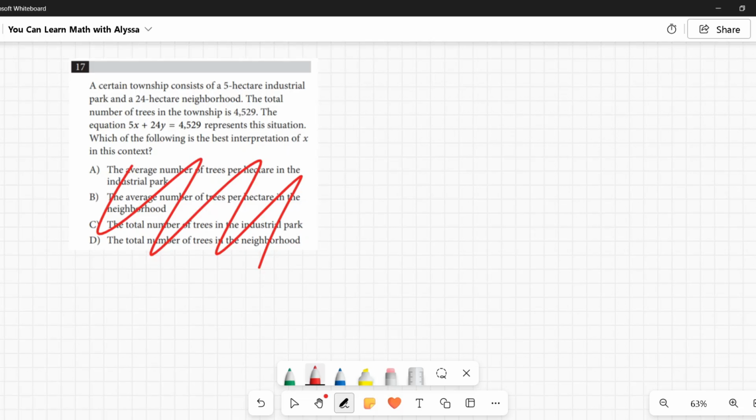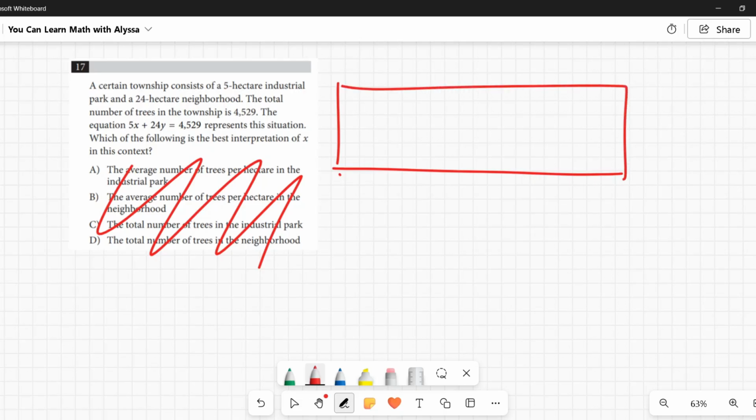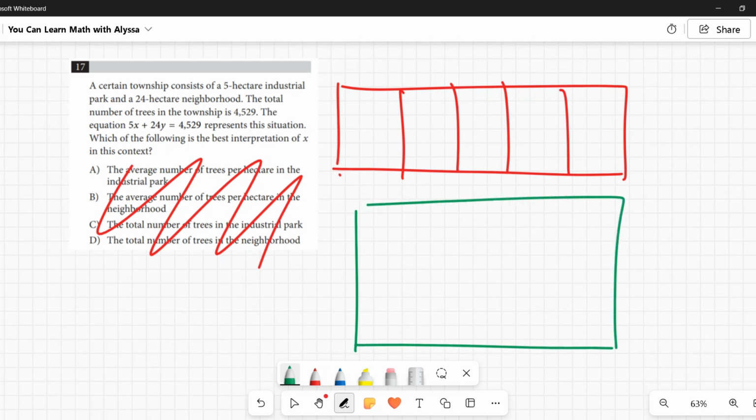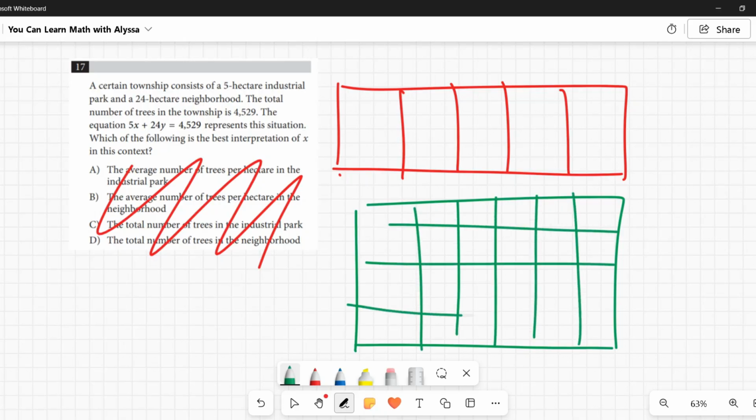Okay, so there's a 5-hectare industrial park. So I'm going to just draw 1, 2, 3, just so we can visualize this. 5 hectares. And then there's a 24-hectare neighborhood. So that's going to be 6 times 4. Okay, I know they're not square. Just go with me. So the total number of trees is 4,529. So add them all together, we get